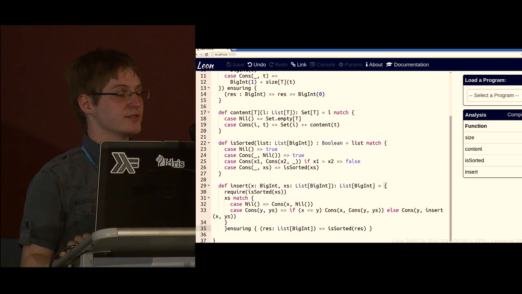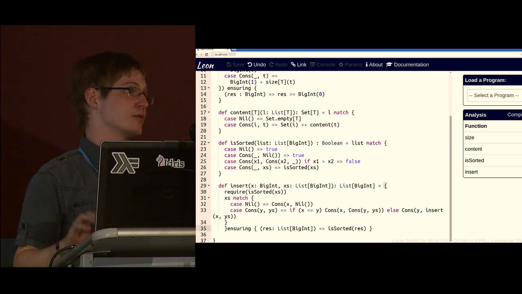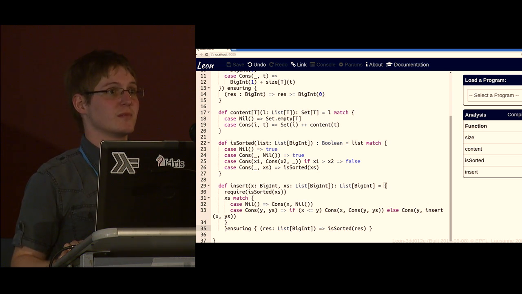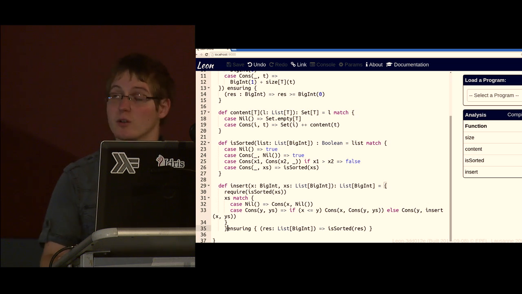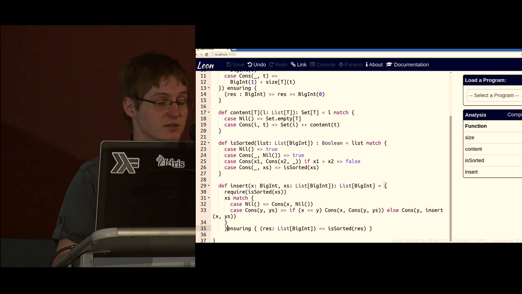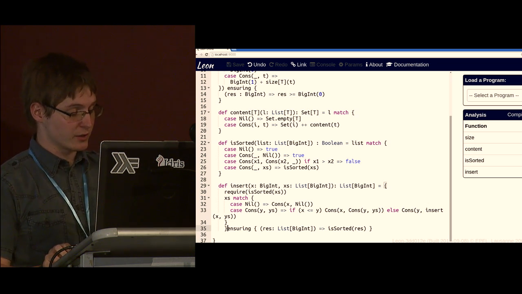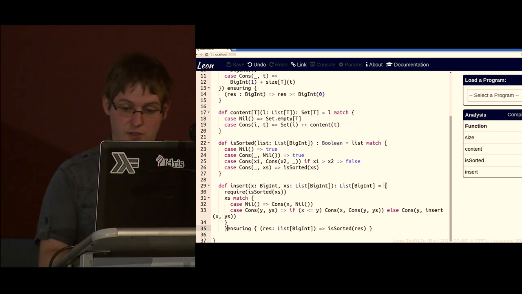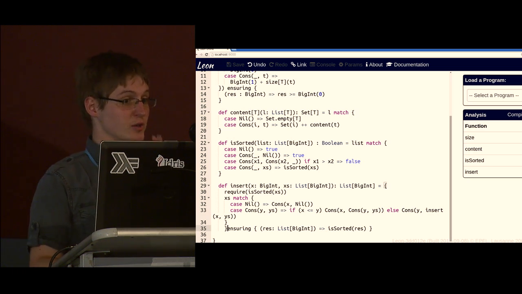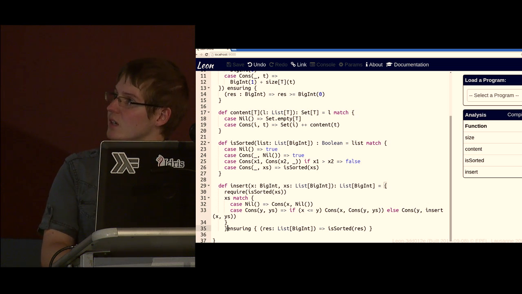There's a check mark. So now the system is satisfied. We have a correct insert function. All is well. And we can even go a little bit farther. So the system does not just have an insert function and repair function. It also has a synthesis function. So we can just leave a hole in our program and tell the hole what we want.